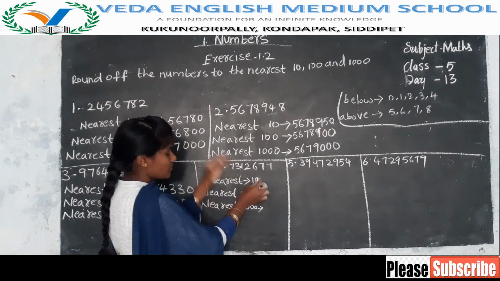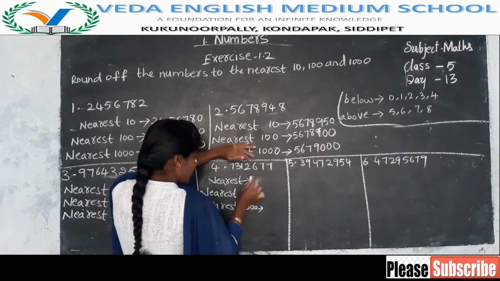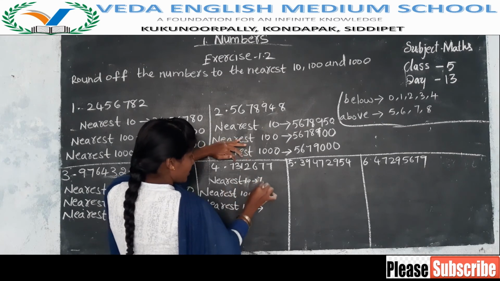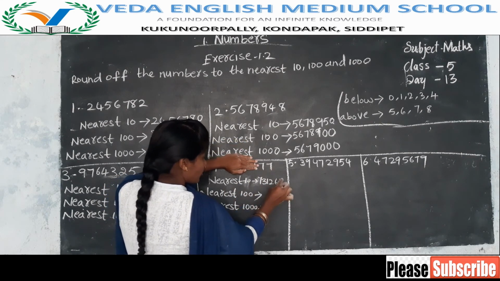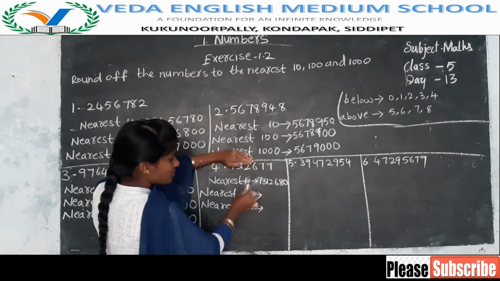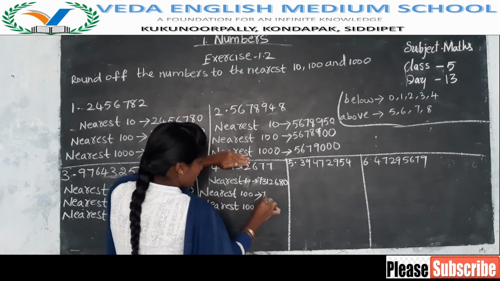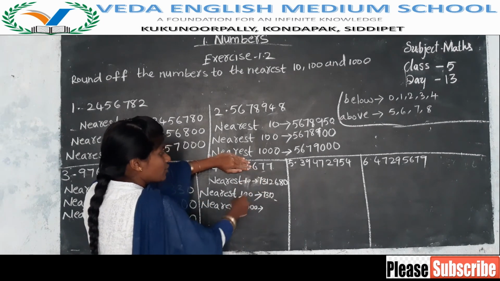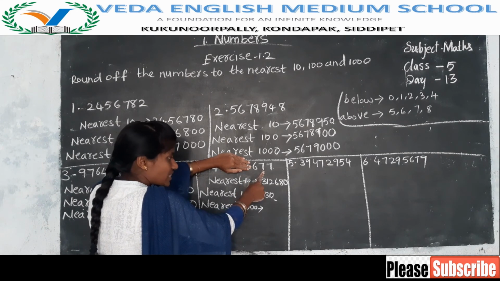Now, nearest tens means we have to check only two places. We have to write the remaining numbers as it is. So, up here 7, 3, 1, 2, 6 as it is. 77 is nearest to 80. Hundreds means we have to check up to hundreds only. Now 4, 7, 3, 1, 2 as it is. 677. Nearest hundreds means we have to check the place value of tens. In tens place we have 7. 7 is above 5 number.